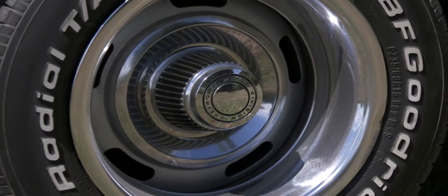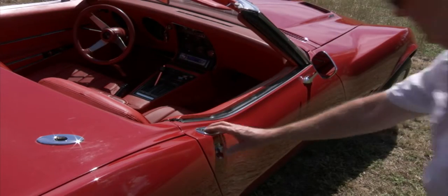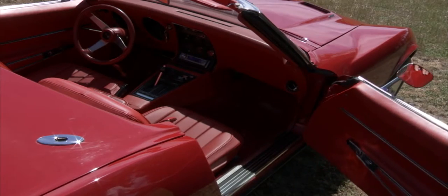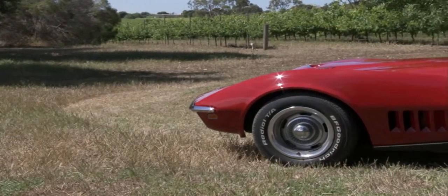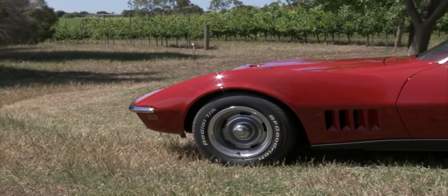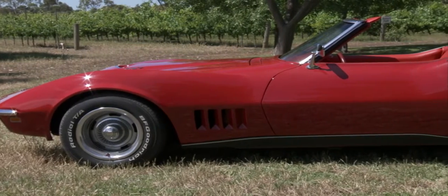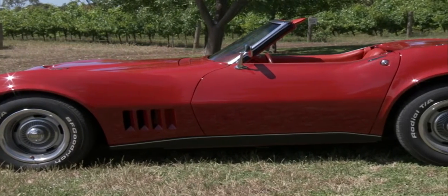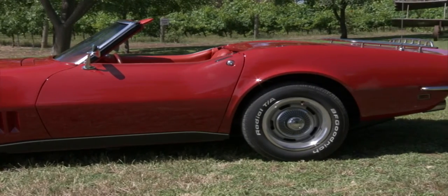So how does this car differ to many others of its time? First of all, for a car built in the USA, the Corvette from day one had a unique body construction. Those styled fenders, low lip and smooth lines are crafted from fiberglass, even as they were in the 1950s model. Many people don't realise that the Corvette Stingray has always been a fiberglass-bodied car, hence its stunning power to weight